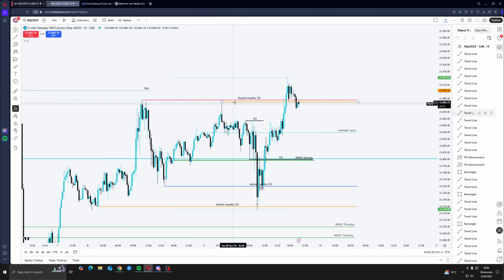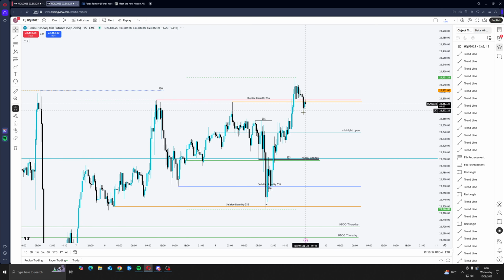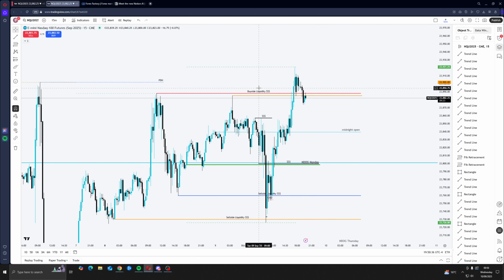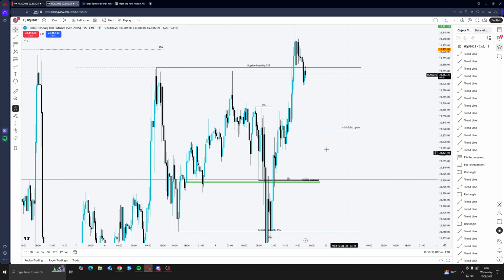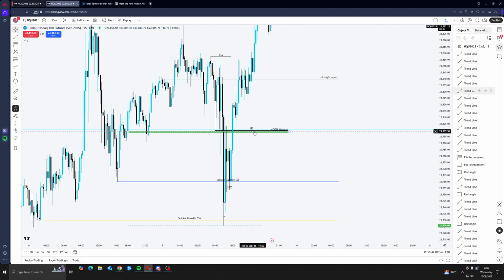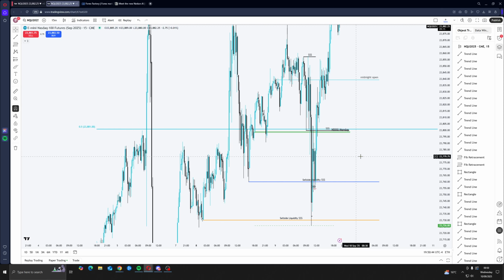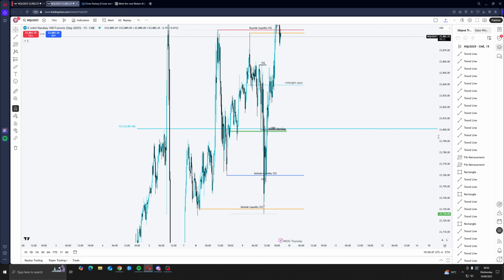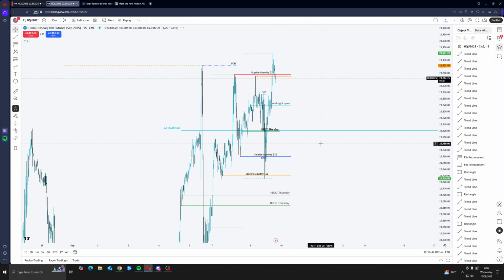Right, so both of these are just liquidity. They have different priorities in my head, right? So that's why they're colored. So this is liquidity, don't worry about that. And we have initial buy side there, initial sell side within here, new weekly opening gap. The CE is